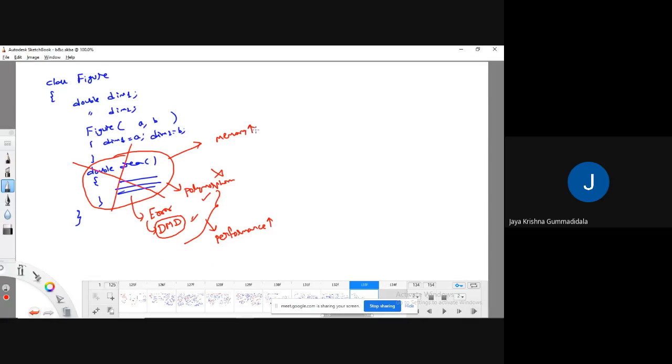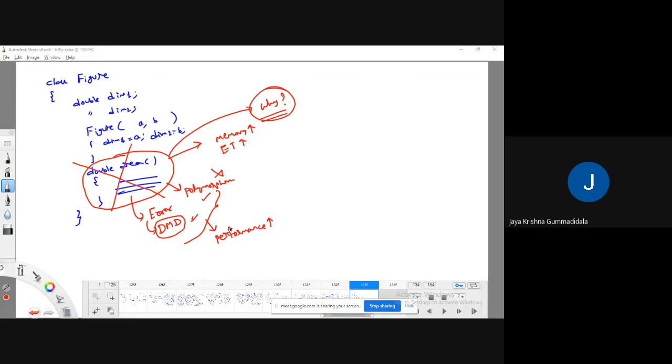So for that, the execution time is also more. So instead of that, why do we need to write this one? Just think about this. To satisfy the concepts of polymorphism, we are writing this one. But is there any particular procedure by which we can remove this one or not? That is what we need to think.